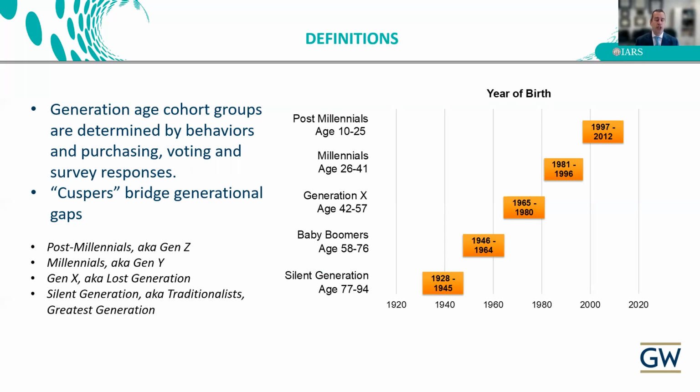We're going to be talking about the silent generation. This is going to be the generation born late 1920s to 1940s. The mid-1940s to 1960s would be the baby boomers. That's going to be one of the main generations in the workplace that is now exiting the workplace. Generation X, 1965 to 1980 generally, a key group that's coming into its leadership role in the workplace. And the millennials, in the early 80s to the mid 90s, really starting to ramp up their influence on the workforce. And then these post-millennials from the late 90s to 2012, this group is maybe starting to enter the workforce and starting to have an impact.